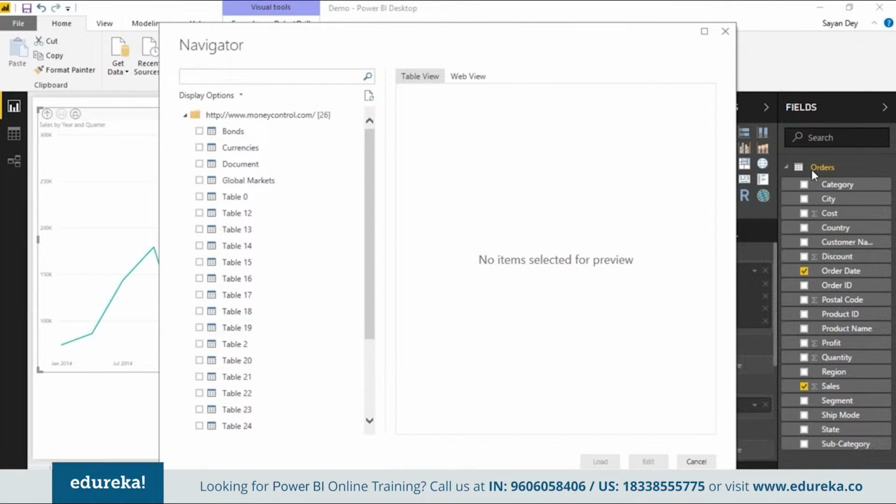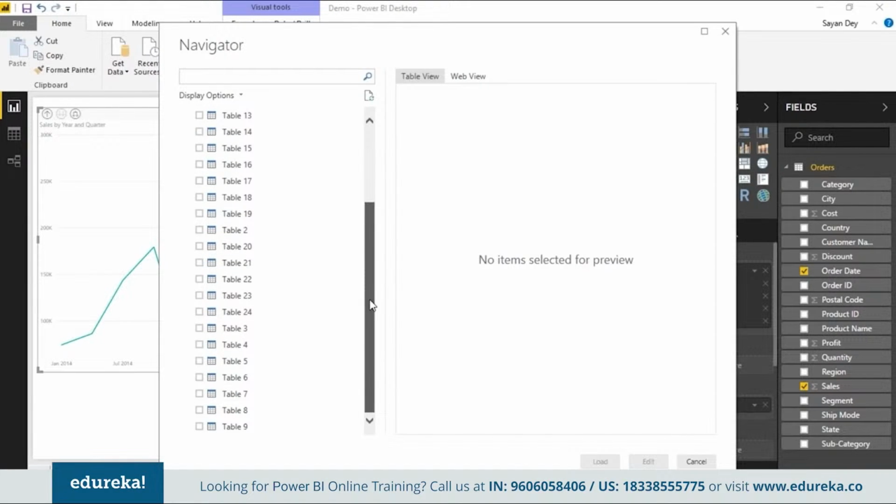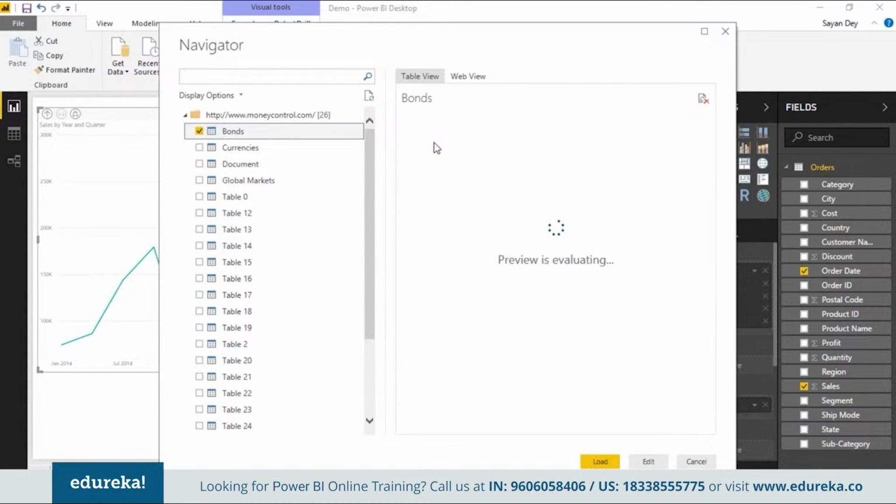And as you can see, finally, my list has come up. In the initial case, there was some issue with the connection, so we were not getting all the tables. And as you can see, very nicely, it presents all the tables. It looks at that entire website and scrapes it for any HTML structures that it finds. And you can see very nicely, I get this Bonds here. And what is this Bonds?